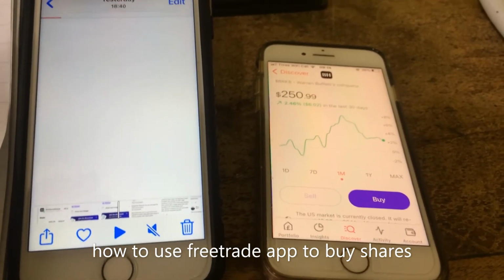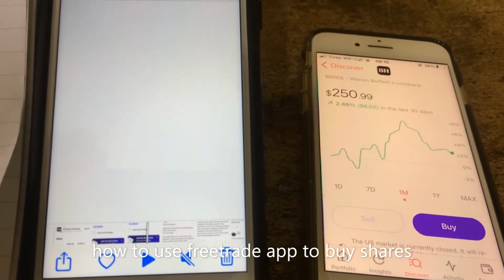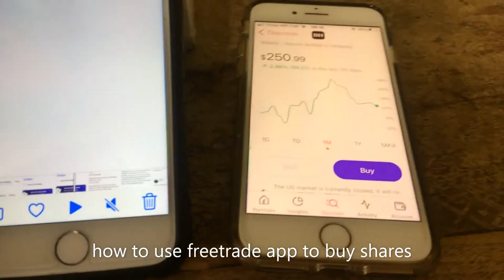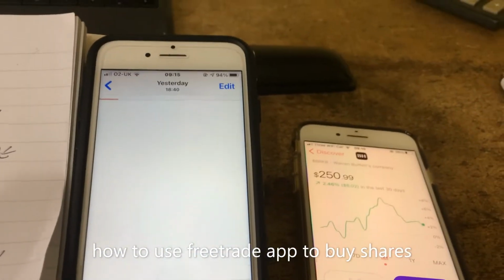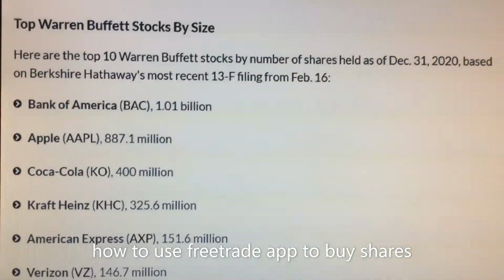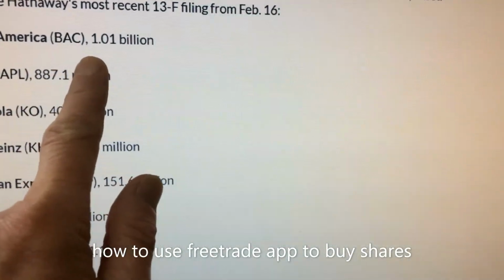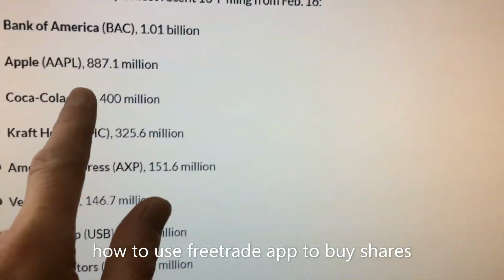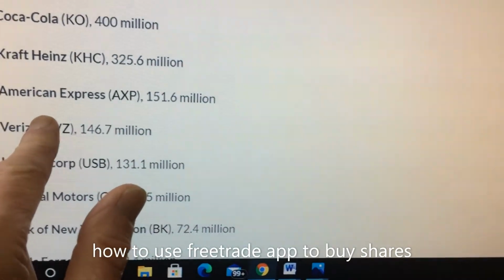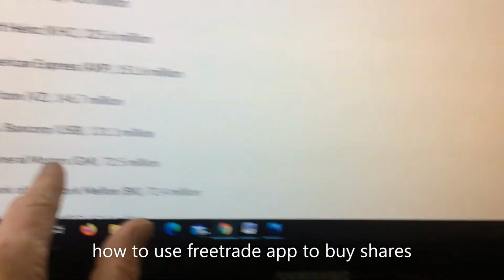That's a fund run by Warren Buffett, and this fund has done remarkably well over the years, and they own, or have shares in, many companies. This is a list of their main holdings at the moment, which is Bank of America, and that's the number of shares. Apple, Coca-Cola, Kraft Heinz, American Express, Verizon, and so forth. So you can see